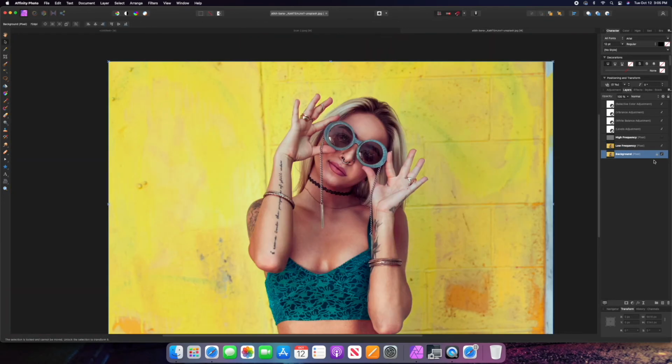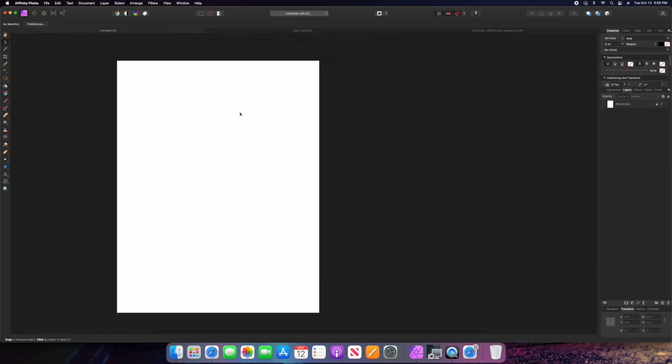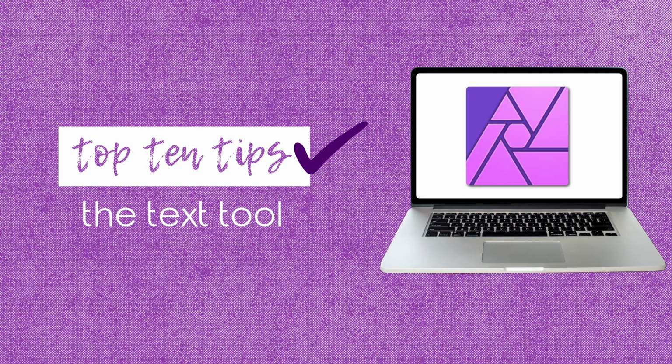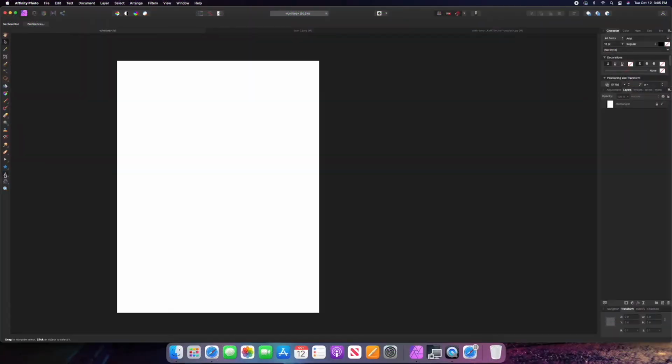Now I'm going to go back into my original file here, and I'm going to show you a few more things that relate to text. So on the left hand side, you'll notice towards the bottom there is the letter A. That is your artistic text tool. If you see T, that is your frame text tool. These will be the tools that you use to add text to your artwork in Affinity Photo or whatever it is that you're creating in the software. So if we select the artistic text tool, you start with just the basic letter,